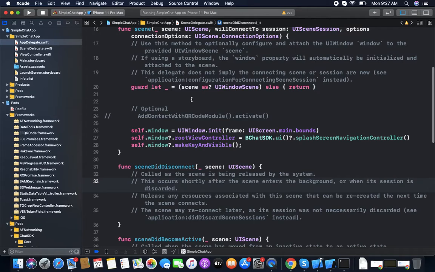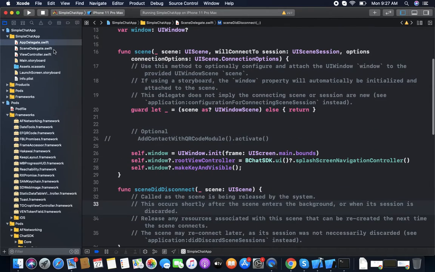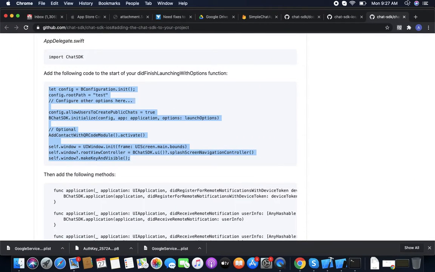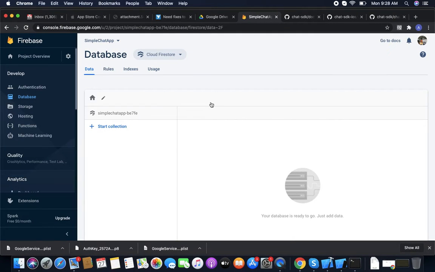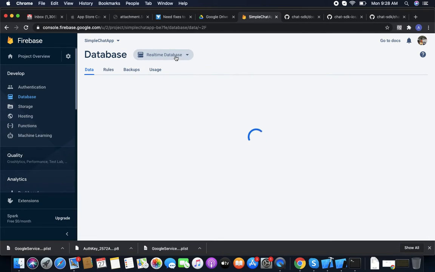Now we are initializing the SDK beside the window. Now we need a plist file to run our app. So it's Firestore. We need a Realtime Database.